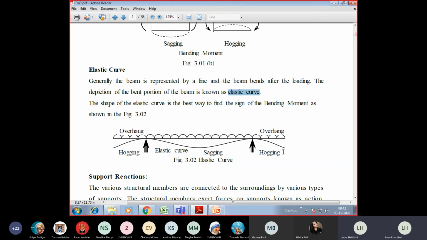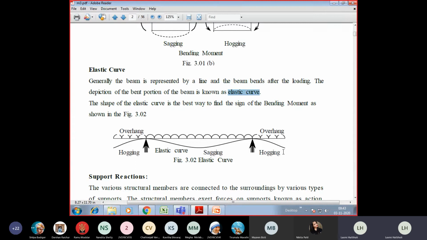By looking at this elastic curve, you can draw the bending moment and shear force diagram. Of course, numerically, by using sign convention, you can draw SFD and BMD. But by observing the elastic curve, one will definitely get an idea how the bending moment and shear force diagram will look. So before that, I want everyone to learn this elastic curve. Do a few experiments at home with different supports and different kinds of beams. How will the different elastic curves be generated? Will you try this?